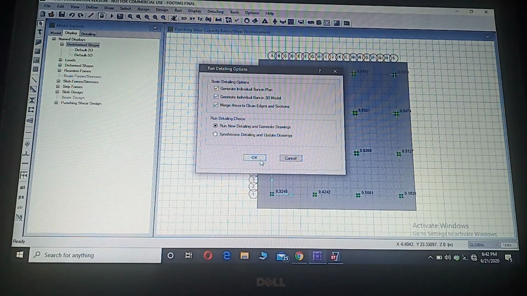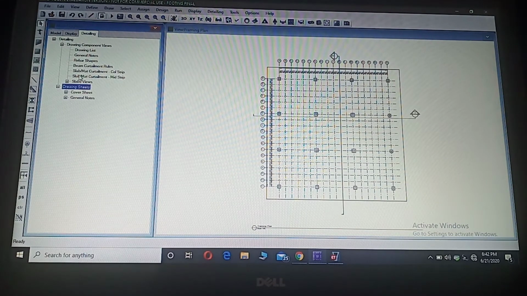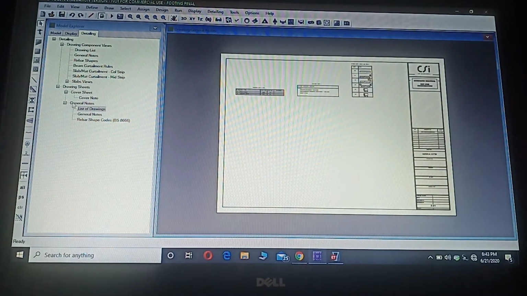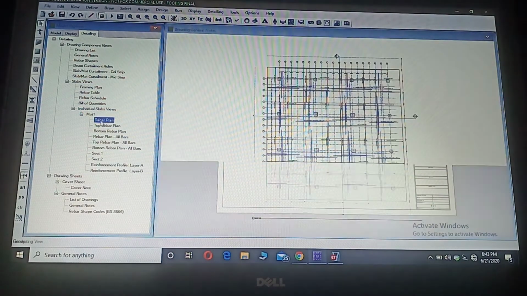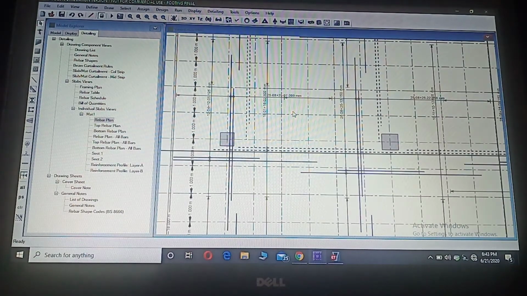So again we have done the detailed analysis. Here you can see the plan of our foundation. This is a diagram to show the different types of reinforcement in our foundation.